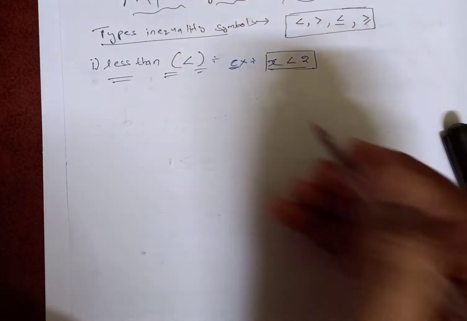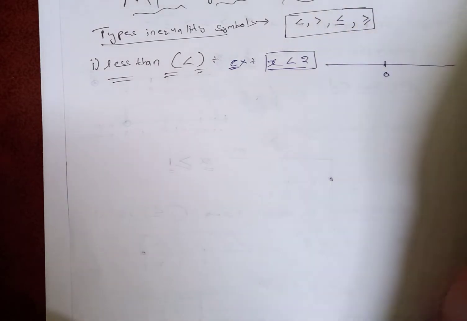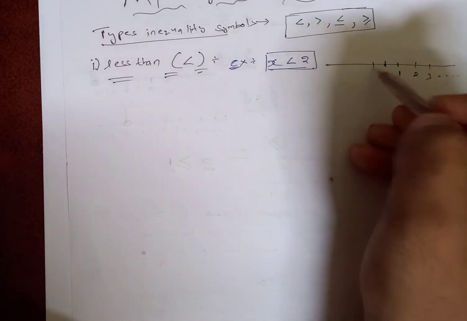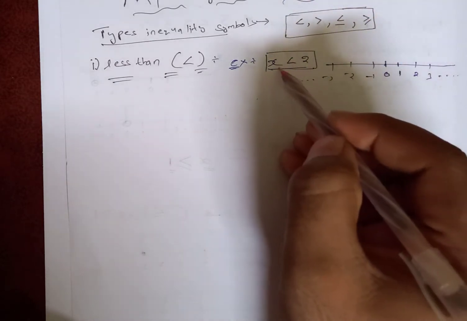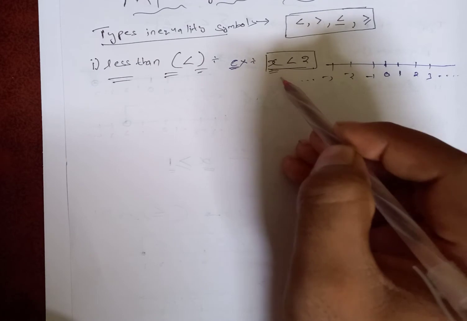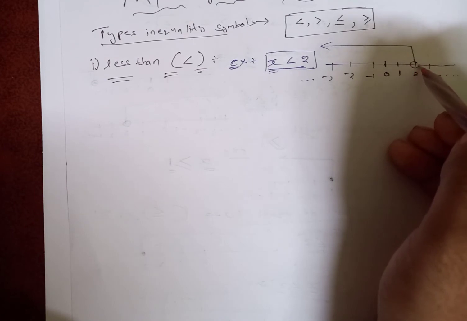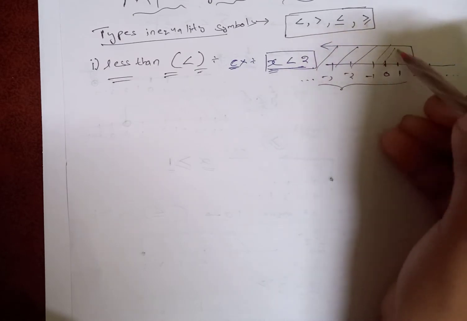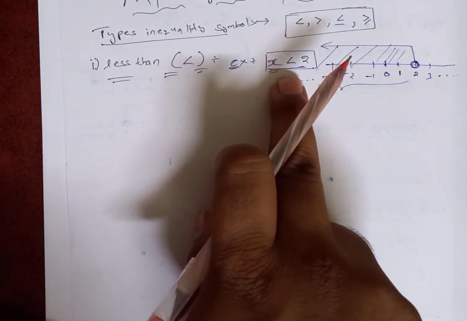To make it clear, I will explain this on a number line. Take a number line. This is 0. When we move towards the right, the numbers will be positive, 1, 2, 3, and so on. When we move to the left side, the numbers will be negative, and so on. In this inequality, we said that x values are less than 2 but not equal to 2, that is, we will exclude this 2 in this interval. So the values of x we require are this. These symbols are used in problems. When you use them in problems, you will get crystal clear clarity, friends.